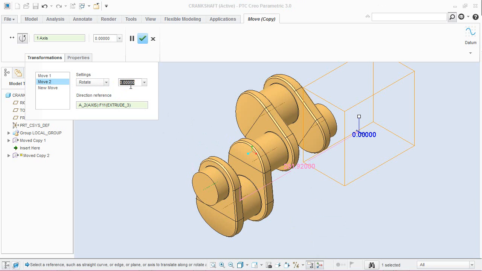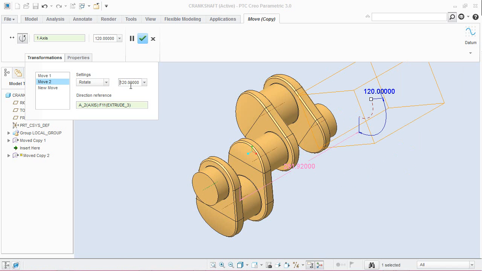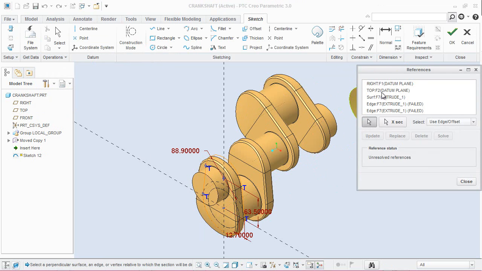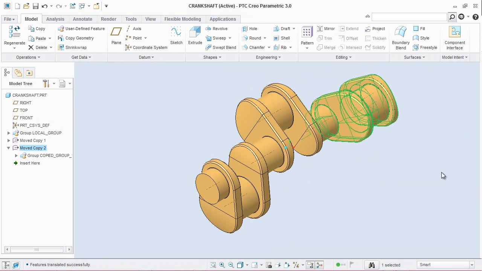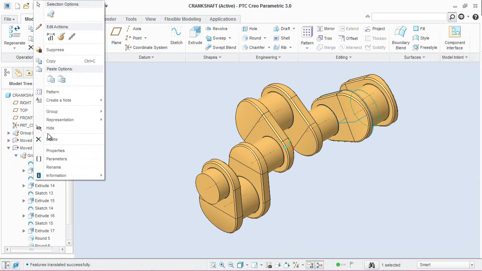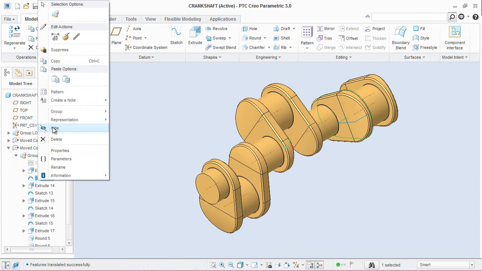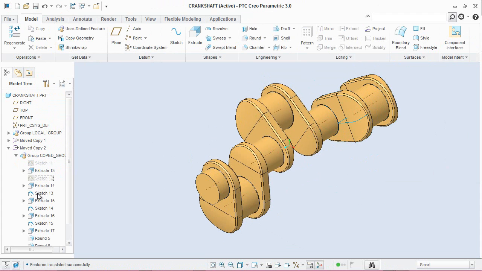Rotation angle will be the 120 degree, not minus 120 degree, to reverse the direction of the rotation. Click OK to finish the command. Close the visibility of opened sketches.